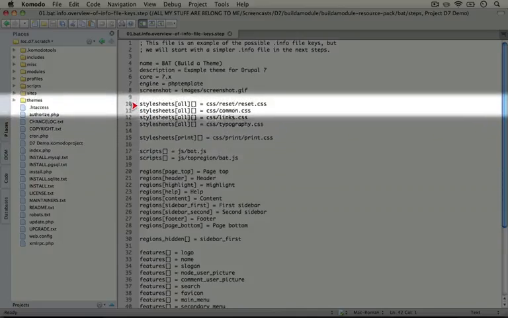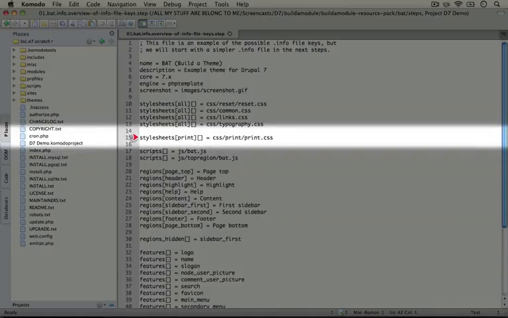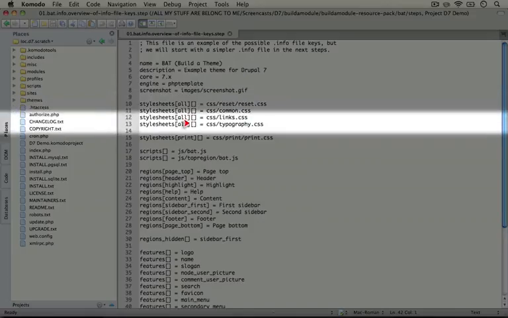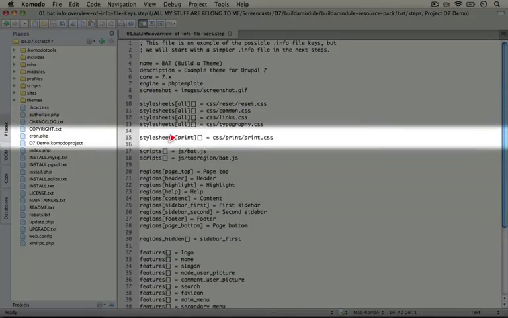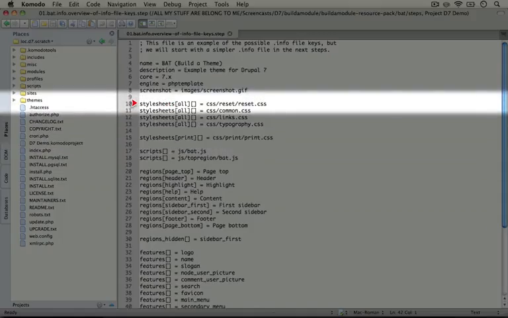So once all of these are put together inside of a single variable called style sheets, what you'll see is 2 items that belong inside of the style sheets array, and then you'll see 4 items inside of the style sheets all array, and then 1 inside of the style sheets print array. What this variable is for is specifying what style sheets belong where on the site.